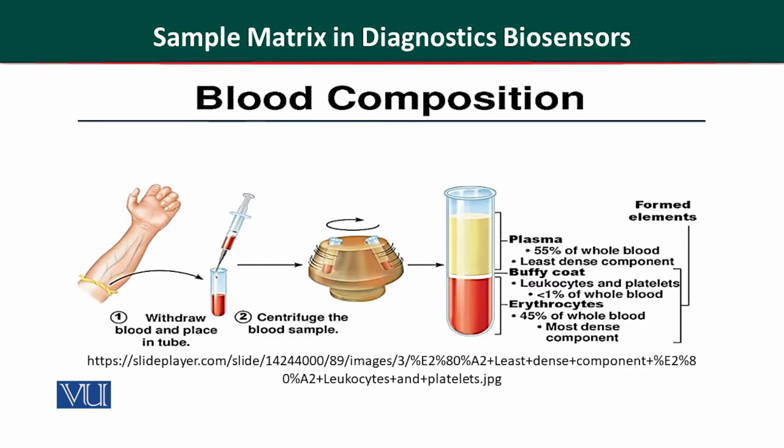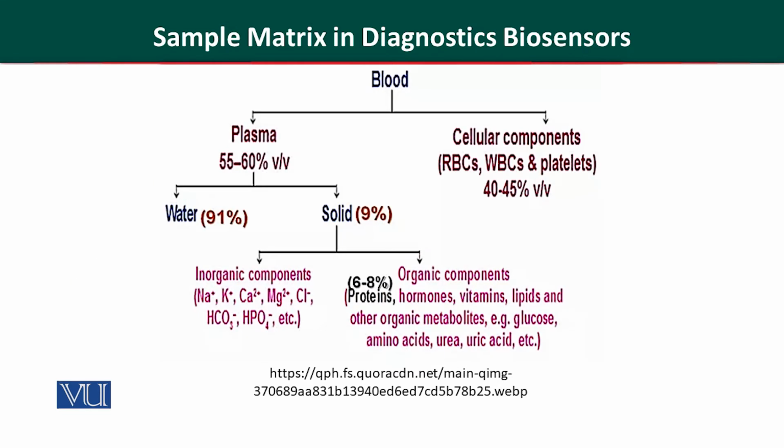First, we will look at the composition of blood. Blood is a tissue, it is a liquid. The blood could be separated into its components by the help of a technique known as centrifugation. The blood could be divided into three components. One is plasma, second is buffy coat, and third is the erythrocytes, which you can see in this slide. The plasma composes 55% of the blood, while the buffy coat forms less than 1% of the blood, and the erythrocytes form nearly 45% of the blood.